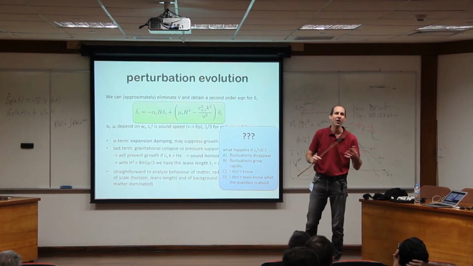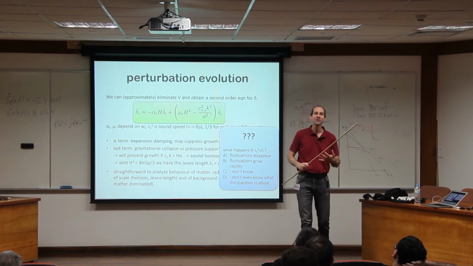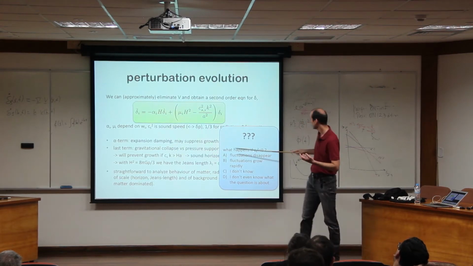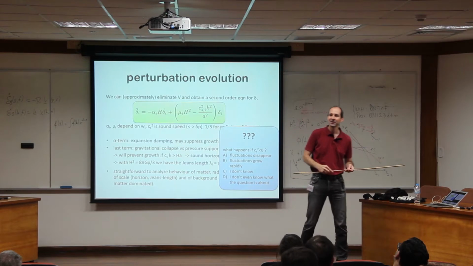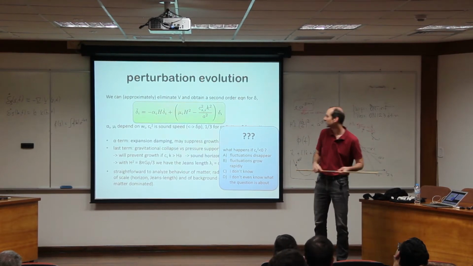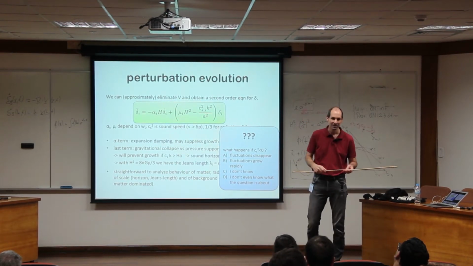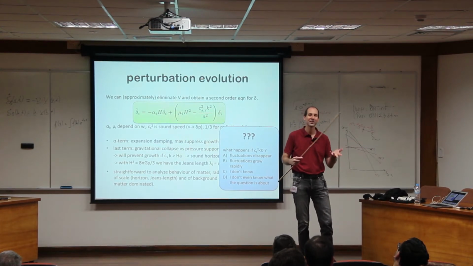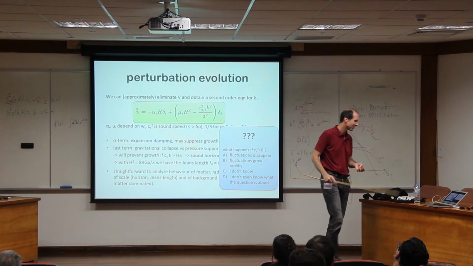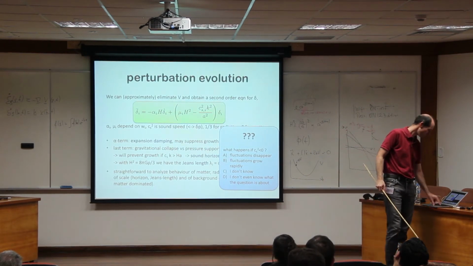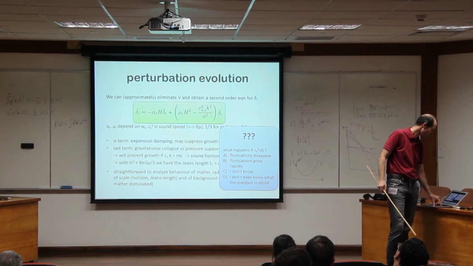Okay, and so this is an example of a stability condition. Then when you do model building, you want to verify that your sound speed squared is not negative. Otherwise, your model is in deep trouble. So you see, we're actually now already model building at some level, except I haven't yet told you that we're also talking about dark energy. But we will get to all of that back.